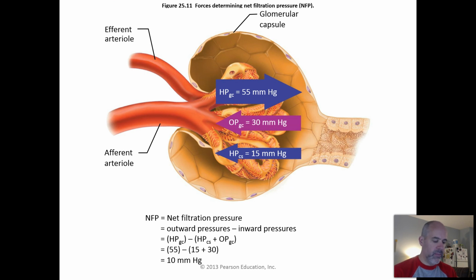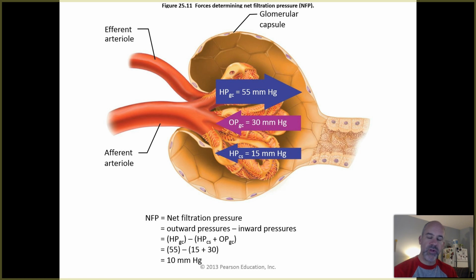All right, so here's a diagram from your textbook which is showing you the competing forces that lead to glomerular filtration. So you've got blood coming into a glomerulus through an afferent arteriole. And again, within the glomerulus, this is your hydrostatic pressure, or your blood pressure, that you have inside that glomerulus. That's about 55 millimeters of mercury. And again, that is pushing fluid and solutes out. The osmotic pressure that you see here of 30 millimeters of mercury, that is due to